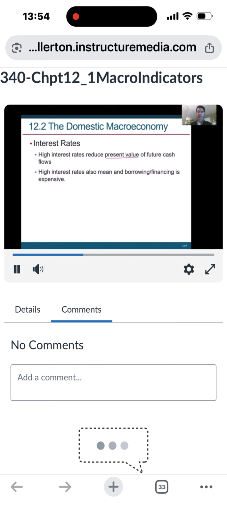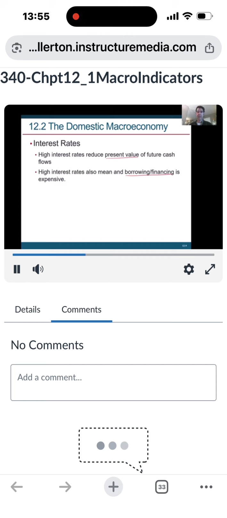A more direct one is just, high interest rates mean what? They mean borrowing or financing is expensive. So if interest rates are high and you go out to buy something and you have to borrow money for that, you look at the interest rate, oh, I'm going to have to pay very high interest if I borrow money, oh, that's going to make it more expensive.